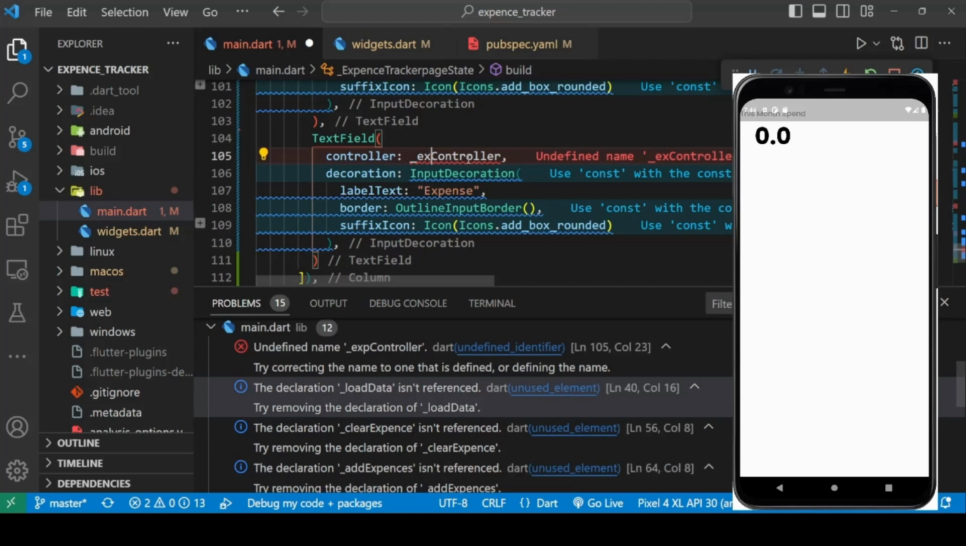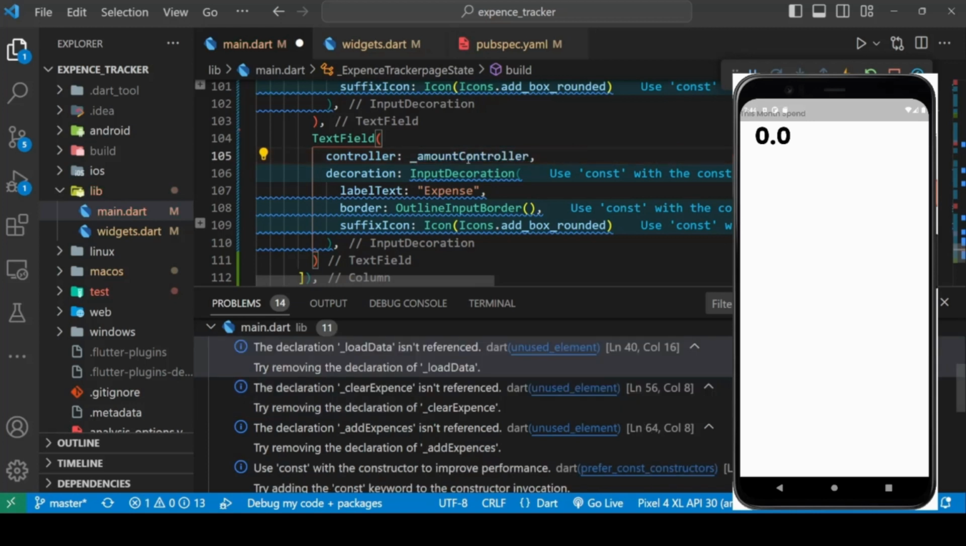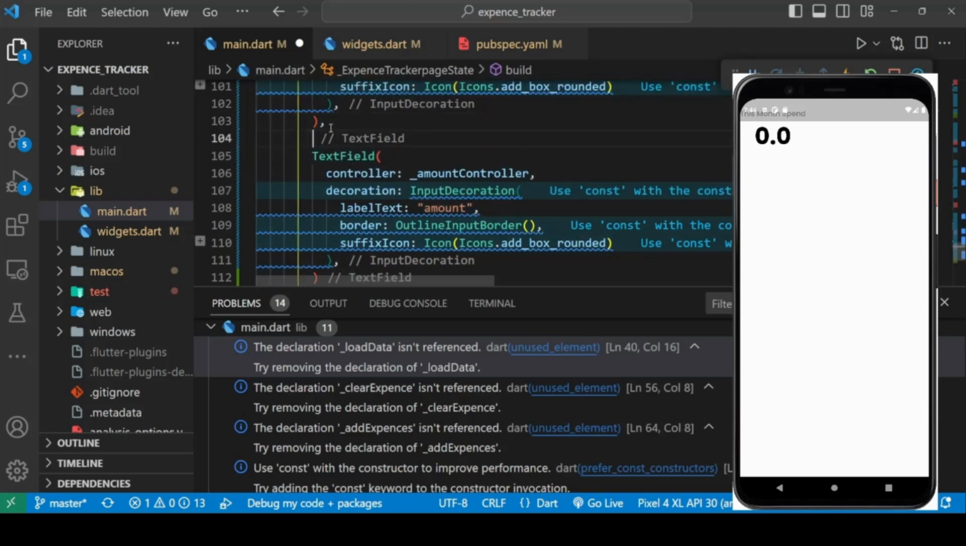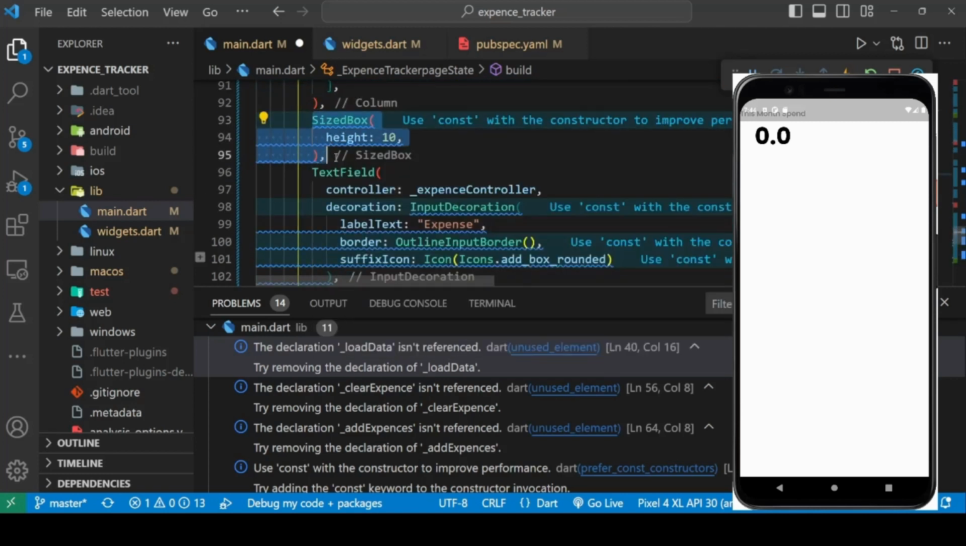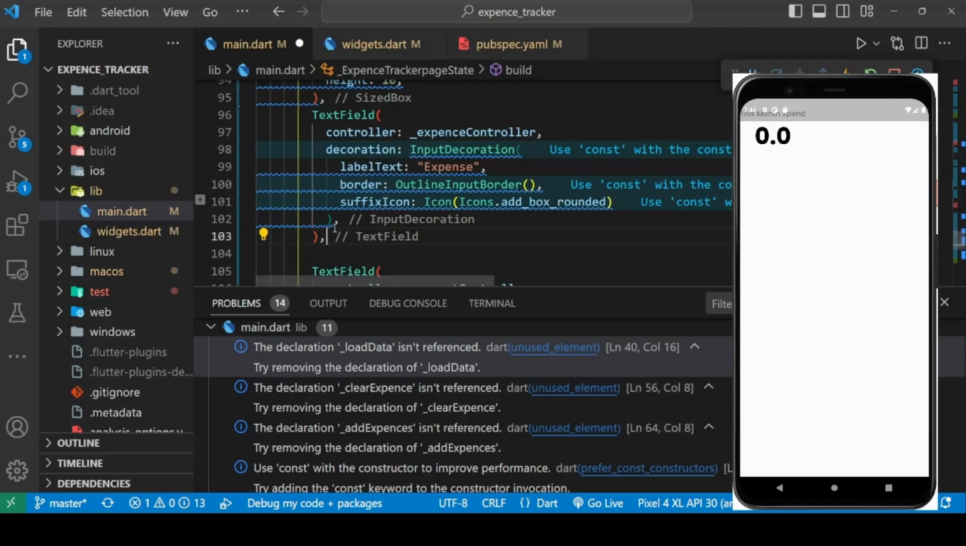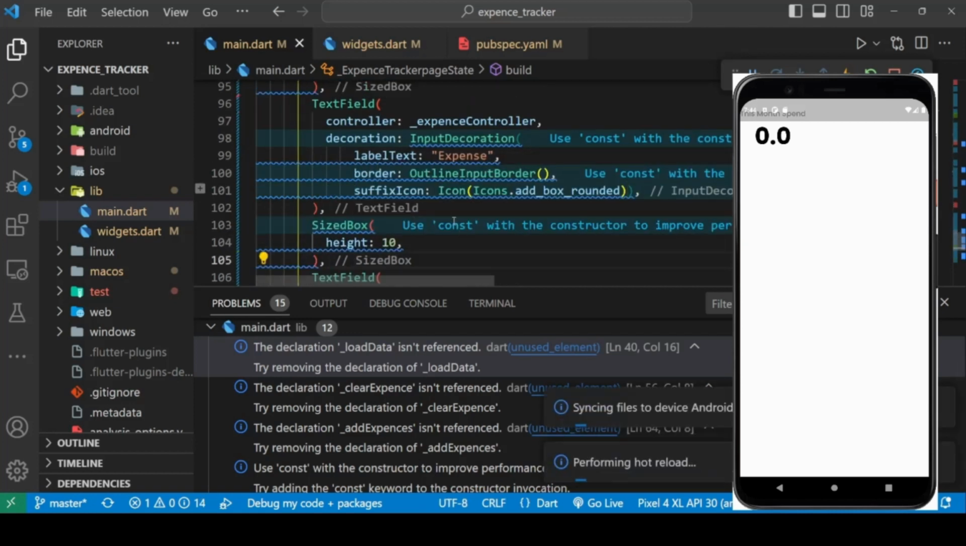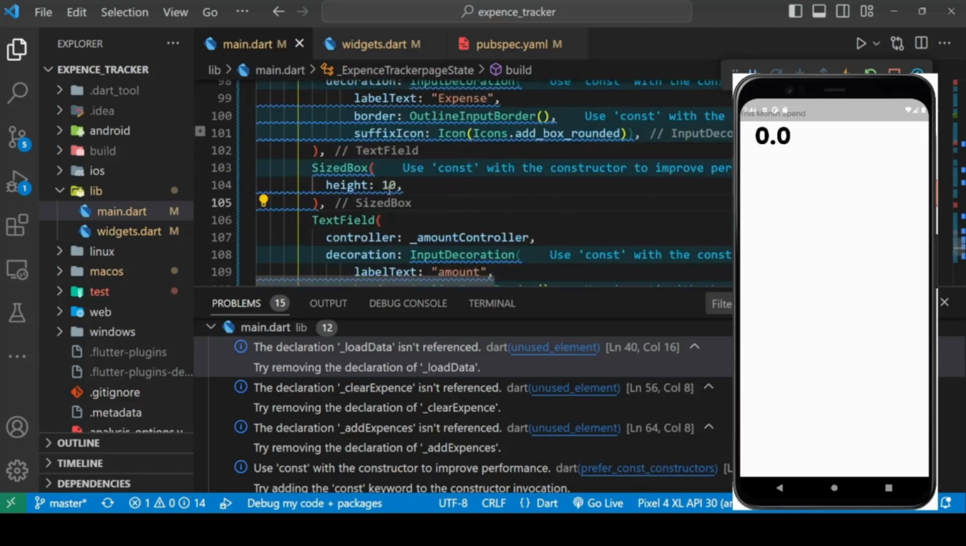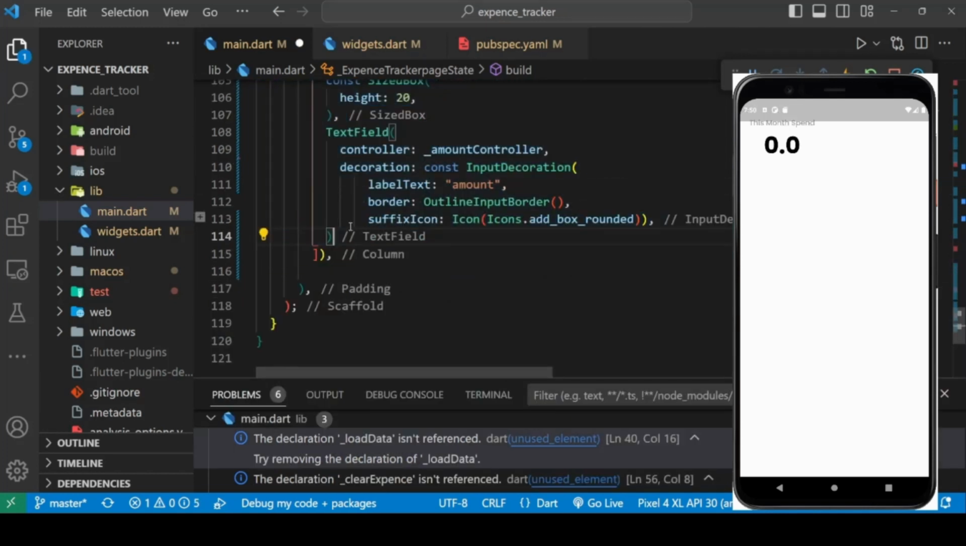for making it similar for amount, and let's replace this with amount. We can separate it by giving it a size box and 520 text field. And after the text field, let's also include some of the buttons for adding the text and